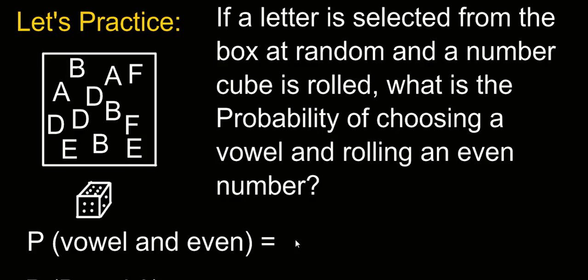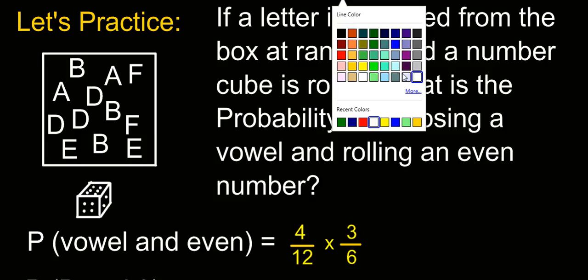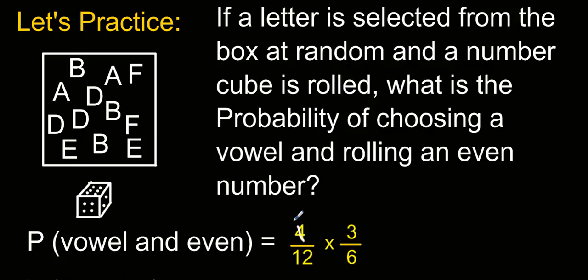So the number of favorable outcomes for a vowel we already said was 4 out of 12. Well, on the number cube, the probability of getting an even would be 3 out of 6. So we're going to multiply these two numbers. Now, just like we had learned before, we want to cross cancel if possible. And here the 4 and the 12, we can actually simplify that, and we end up with